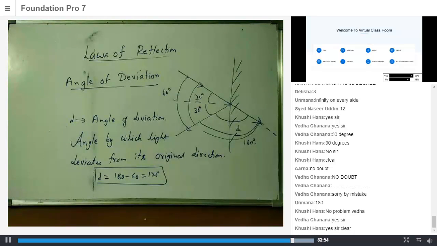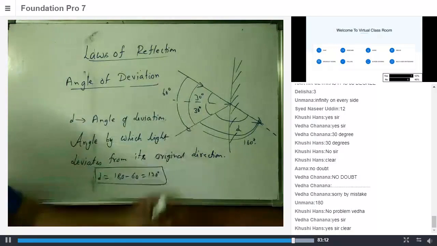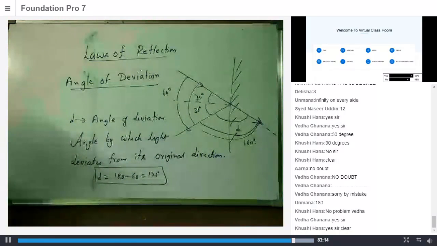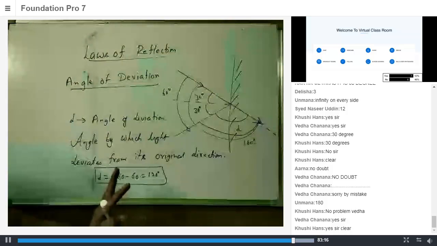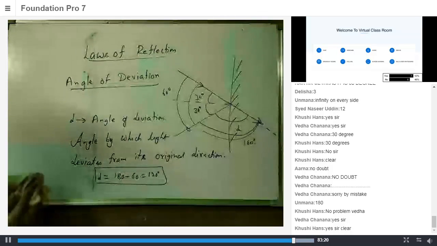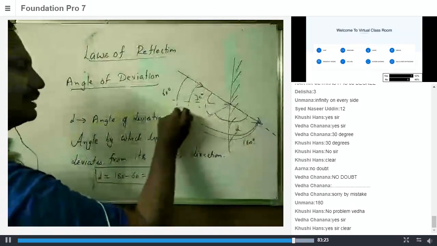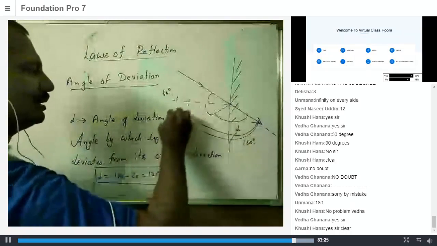So then can we say that the angle of deviation is equal to angle of incidence plus angle of reflection into 2? Okay, we'll try to find it out. Till we have numbers here, it's very difficult to find the formula. So we'll take out those numbers and put variables. This is clear to all of you? Okay, so let's try to get an expression for this. So I'll rub these numbers and put variables there.